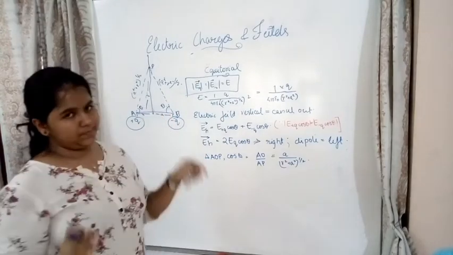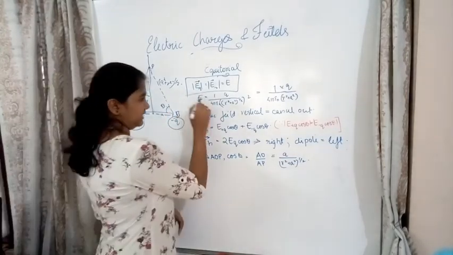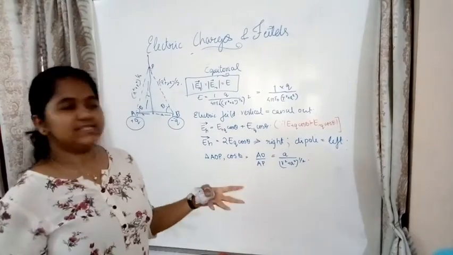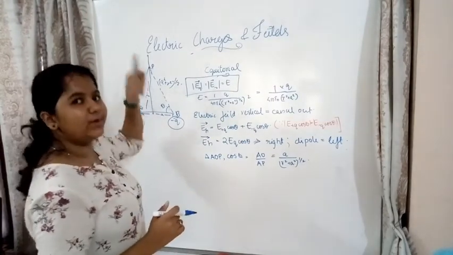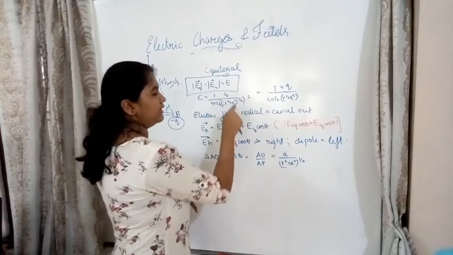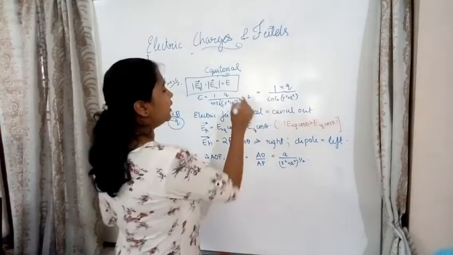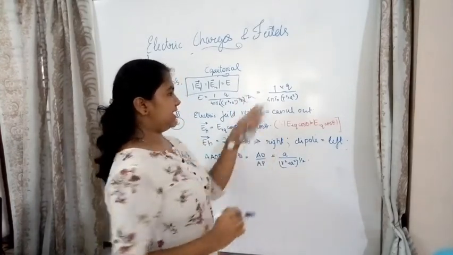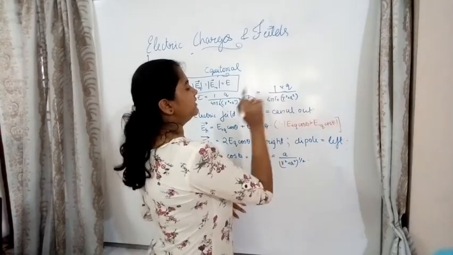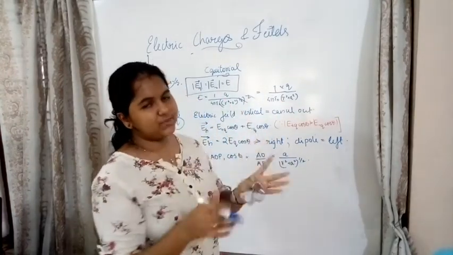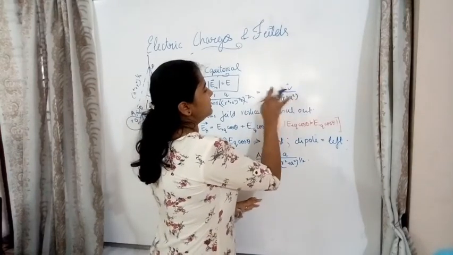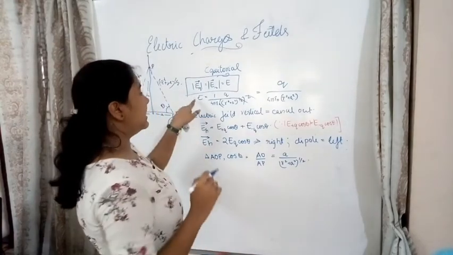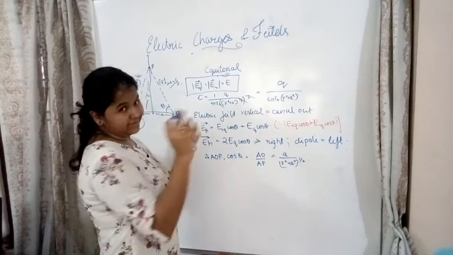We represent it as E. So E is equal to, the magnitude is 1 by 4 pi epsilon 0 Q by R square. What is the distance? The distance is A square plus R square, the whole raised to 1 by 2, and that whole raised to 2. This gets cancelled, this gets cancelled, and this becomes 1 into Q divided by 4 pi epsilon 0 bracket R square plus A square. So Q by 4 pi epsilon 0 R square plus A square is the electric field intensity of each of them.